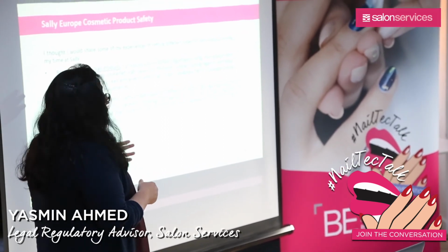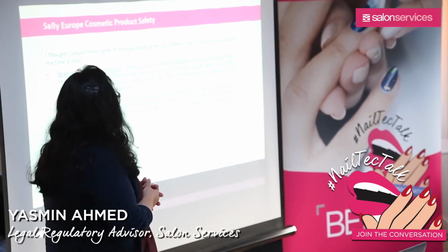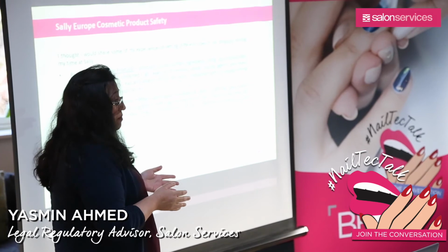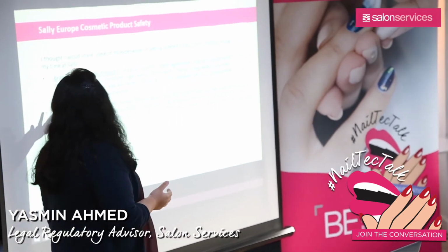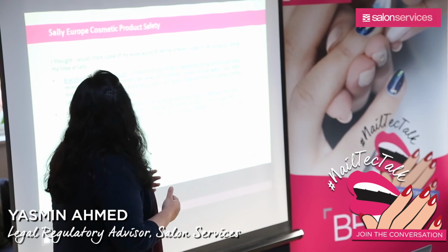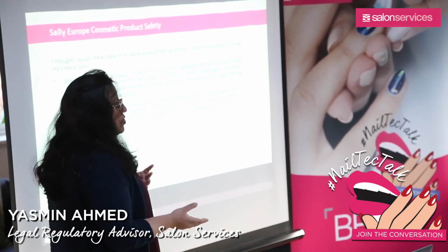Also, on investigating this further in terms of obtaining test reports, the products were found to contain high levels of chromium, which is banned in the regulations. You're not allowed to use products containing chromium because they can cause cancer, and also heavy metals such as mercury, lead and arsenic, which are also